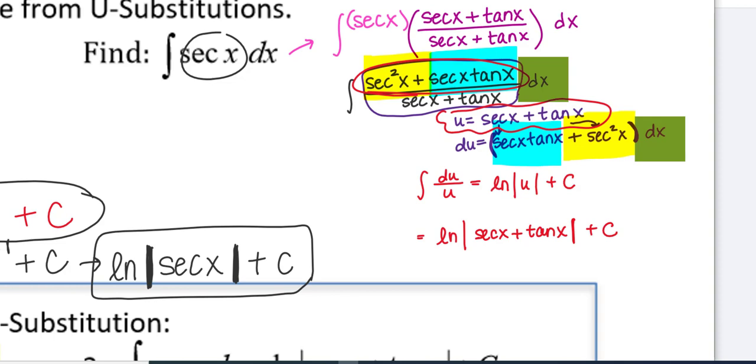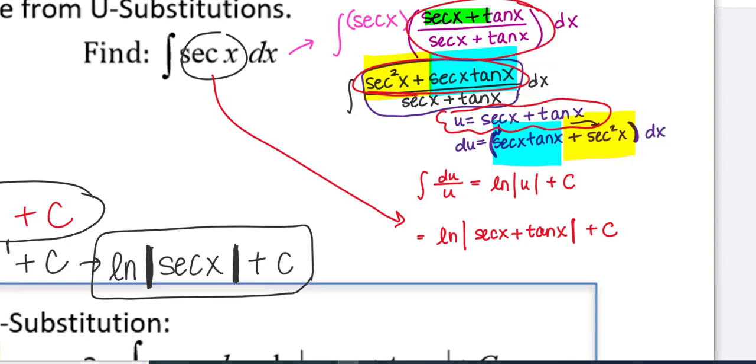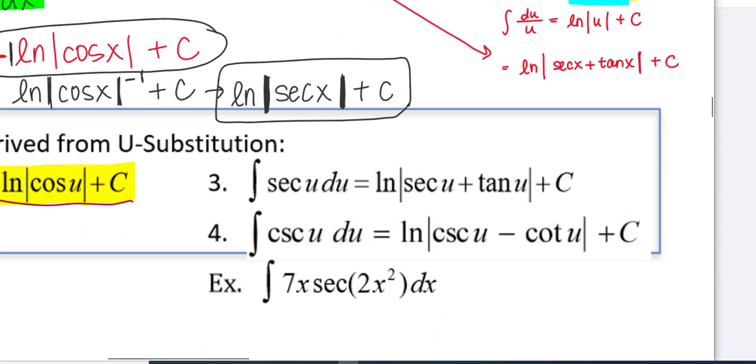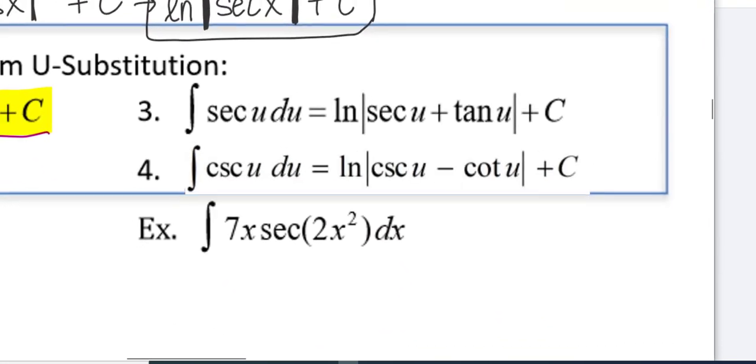So certainly, do some people just memorize, right, going from here to here? Sure. But what I want you to make sure you know is that you can always go back and just derive it, just multiply by 1. So you're going to multiply by secant x plus tangent x over itself. Now I'm going to show you one more without doing it and see if it makes sense, and you're certainly welcome to try it yourself.